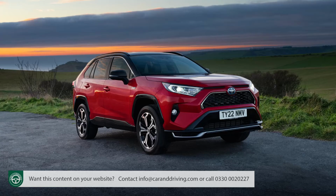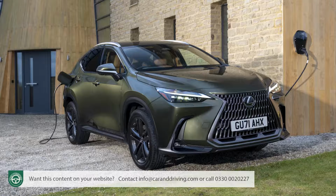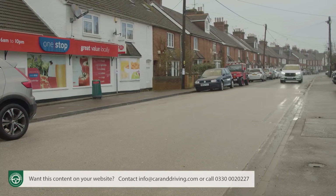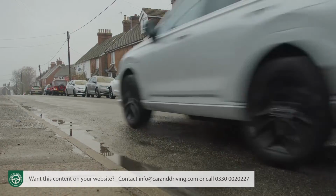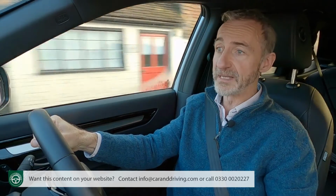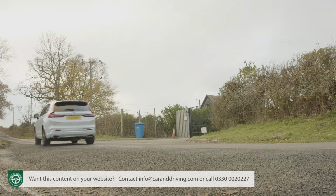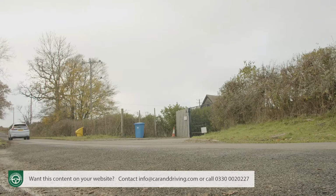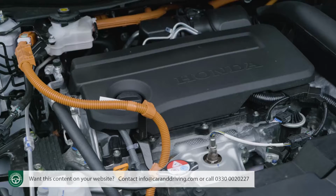A cheaper Toyota RAV4 plug-in has 121 brake horsepower more than the PHEV version of this Honda, as does a more comparable Lexus NX 450h Plus. You won't particularly notice that deficit at low speeds thanks to a 6.5% increase in pulling power over the old model to 335 Newton meters, and the torquey electric motor. 62 miles an hour takes around 9.5 seconds in both variants. But the powertrain does rather run out of puff over 50 miles an hour, and you'll need to rouse